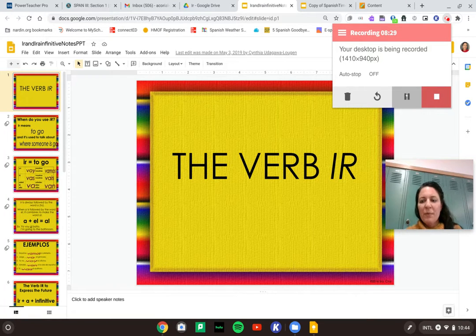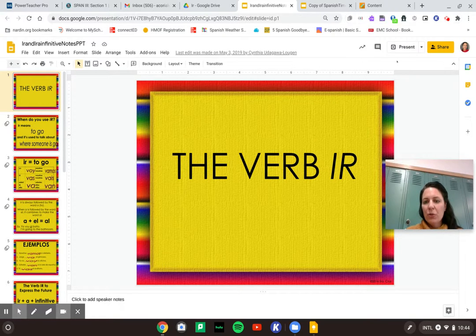So as promised, I'm going to go into the verbo ir today, to go. That's how we say to go. So that's the infinitive. Remember, this is an irregular verb. So so far we've seen ser, which was irregular, yo soy, tú eres. We can't just take off the ending and add a very specific o, as, a, amos, áis, an, like we do with ar, or o, es, e, emos, éis, en for er, or o, es, e, imos, ís, en for ir. We don't have that set pattern of endings. It's irregular, just like ser.